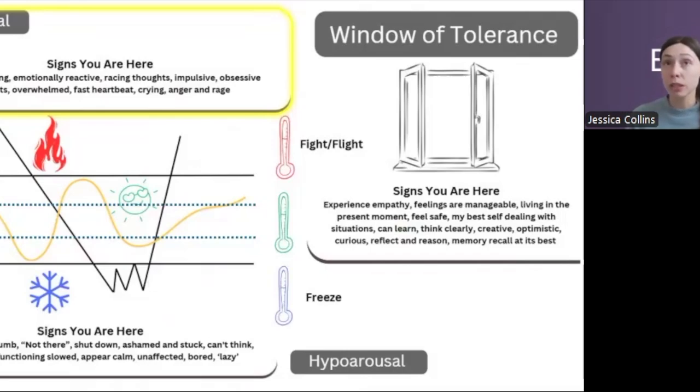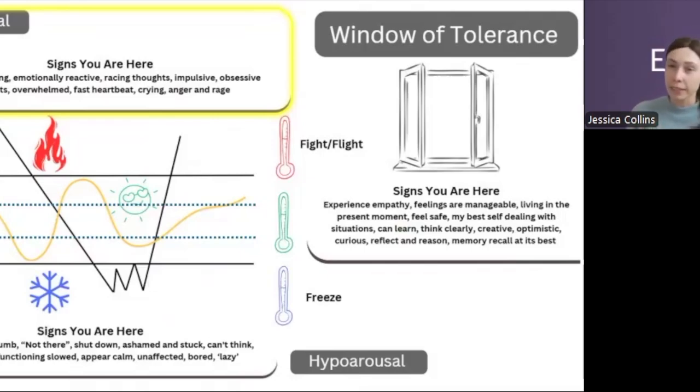So in hyperarousal, that we can see at the top here, you might see people appear to be, or they tell you that they're feeling really anxious, panicky, or just this perpetual feeling of being unsafe. People might present as highly irritable or angry to a degree that feels disproportionate to the context. Of course, sometimes people feel angry, and that's a very valid emotion. It's valid to feel these emotions, but there's this sense that they've been pushed to the extreme of anger due to experiencing a stressor. People might appear quite restless or pacing.